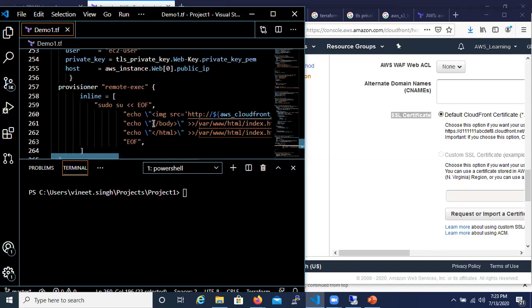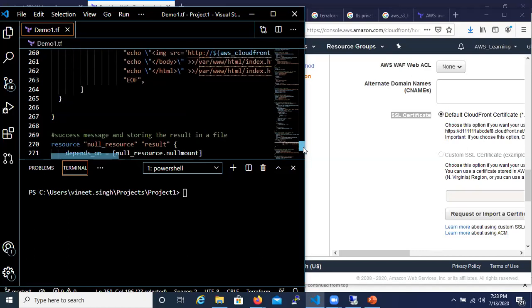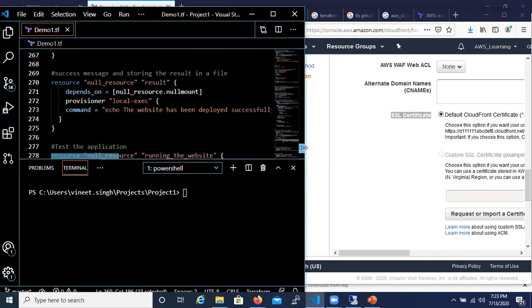And after this, I'm just closing off the HTML part. And so basically we have deployed the different parts of our infrastructure. Now we have written the code for all of these. Then at last, I want to see the result.